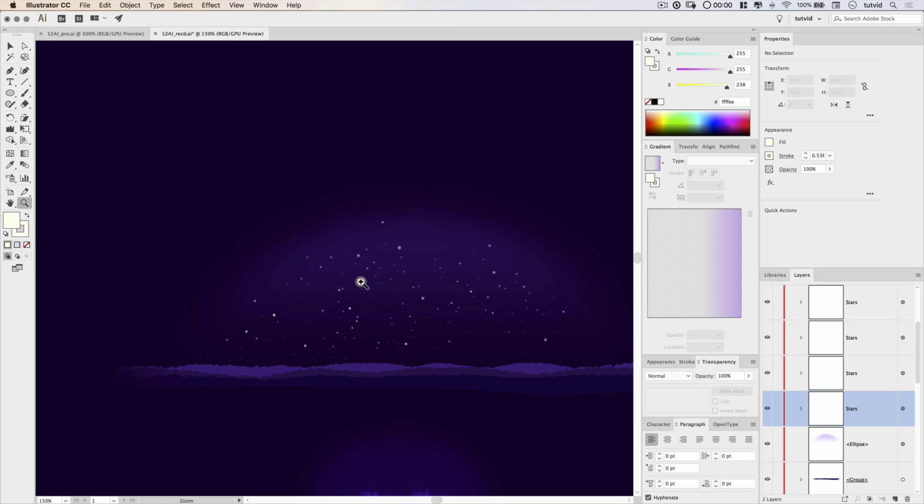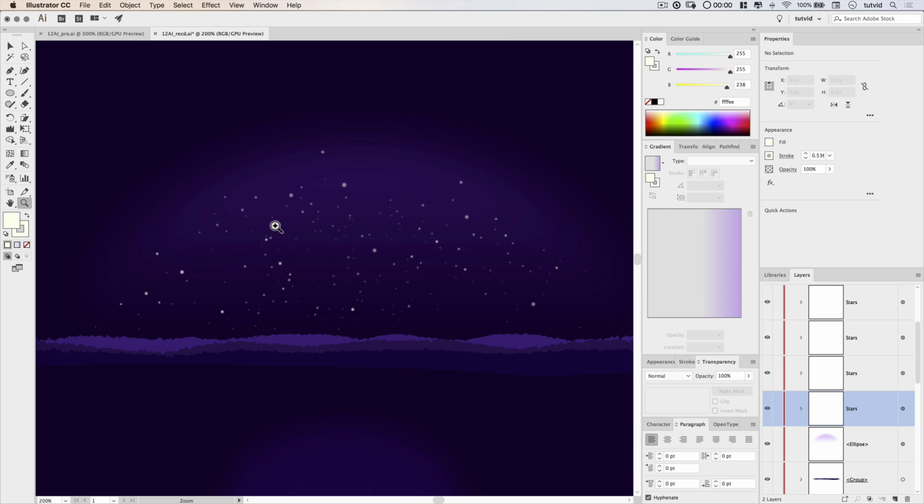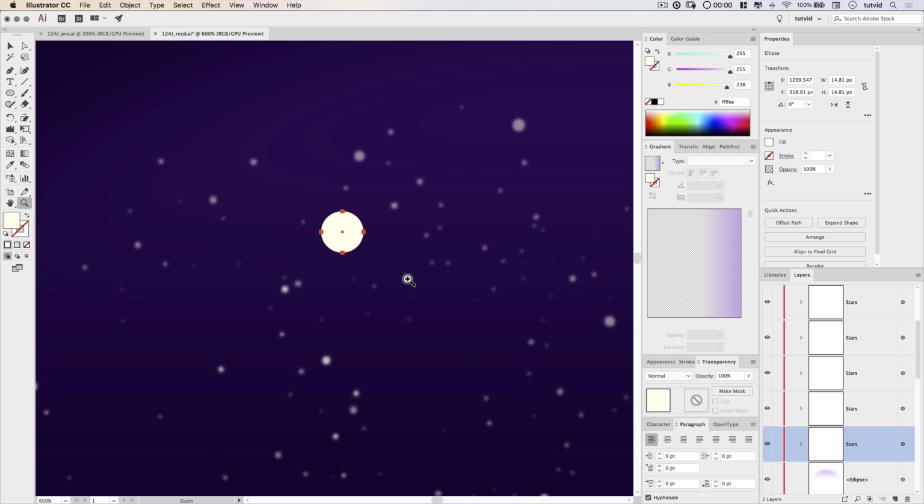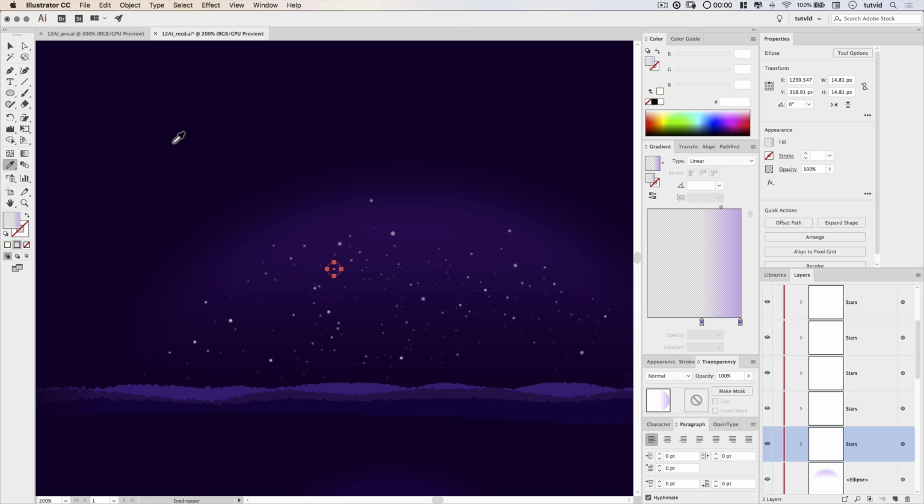And I think the last finishing touch would be to add a moon up here in the sky. This will be pretty quick and easy. Let's grab the ellipse tool. I am going to make sure I'm not drawing with a stroke, just a fill. And I'll just drag a little moon into the sky right up here. I'll zoom in a little bit more. And for this, I'll grab my eyedropper tool and just sample a very dark blue color. Let me back out so I can get the dark of the actual background.